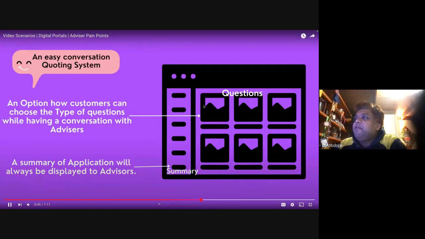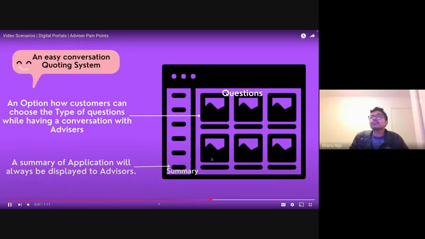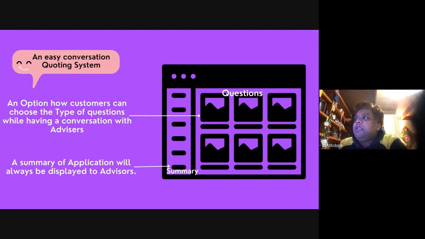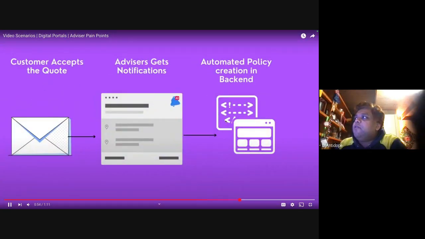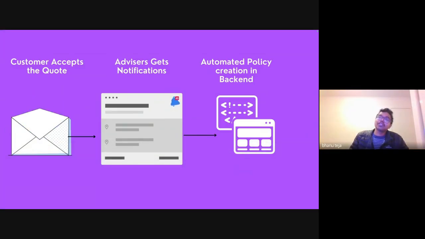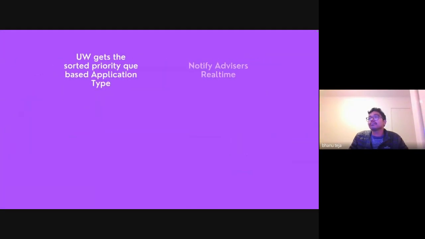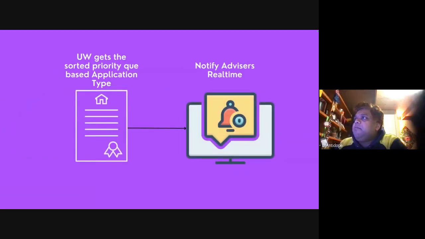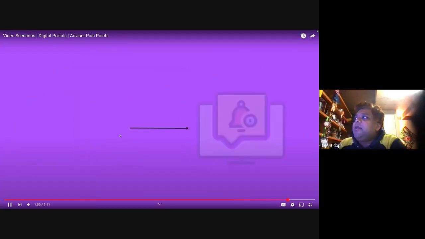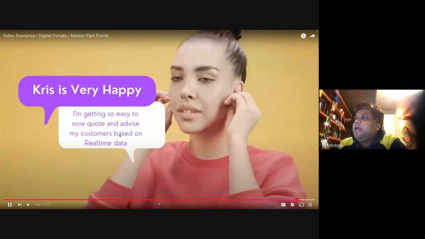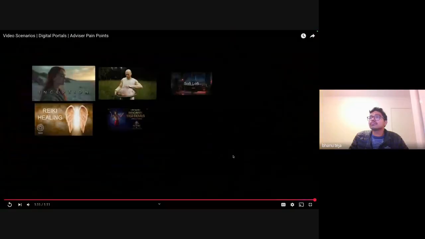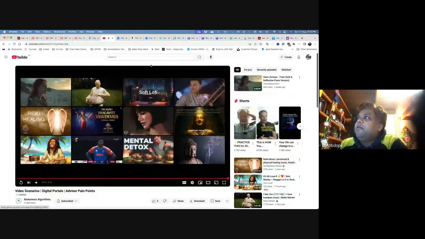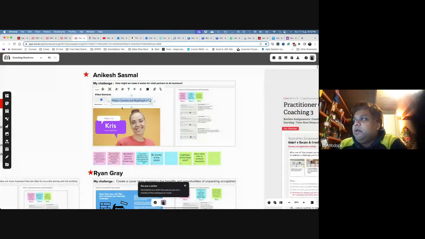So I created a wireframe sort of thing, and it's a quoting system, and then this is the workflow. Automation creation in the backend, and then underwriting gets a sorted priority, which is very happy. What is real time and can be done easily. So I created a video concept, somebody created the poster concept,